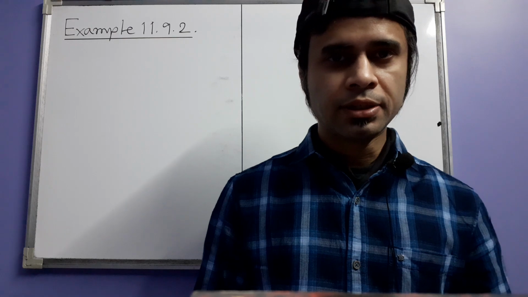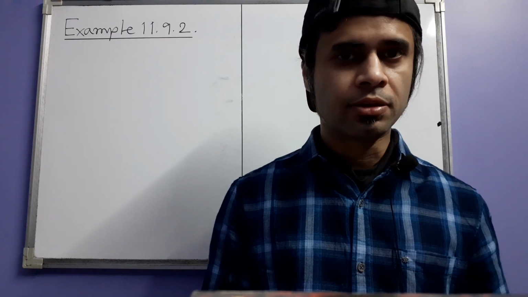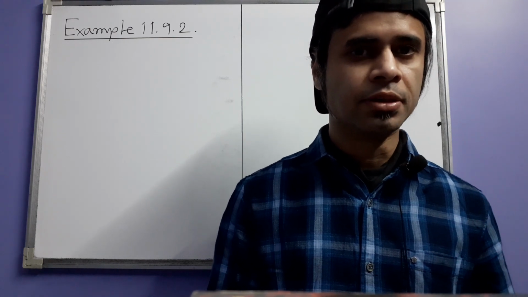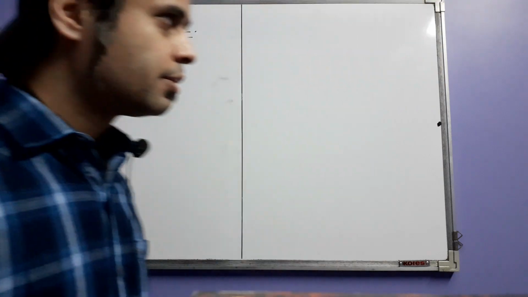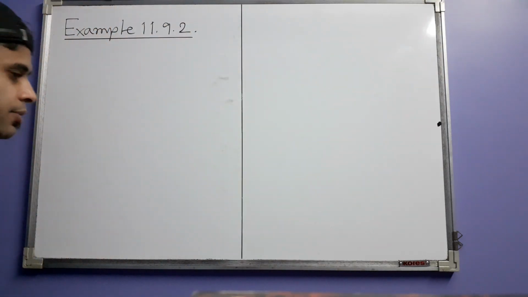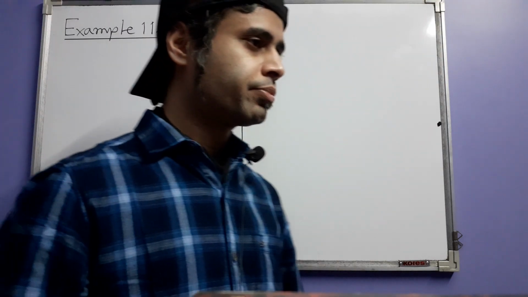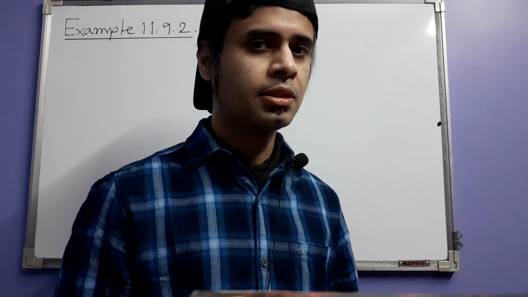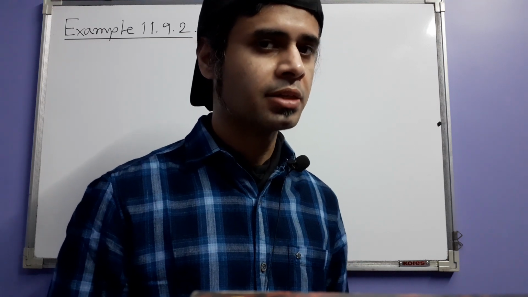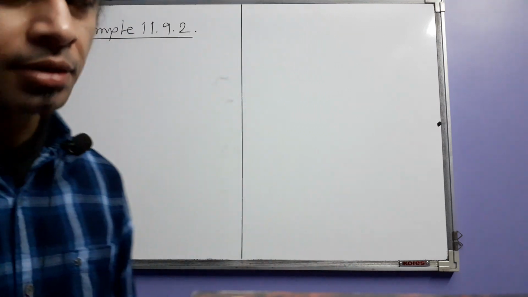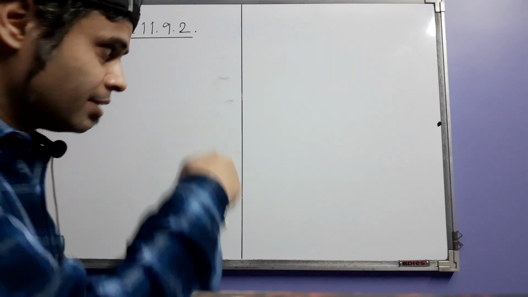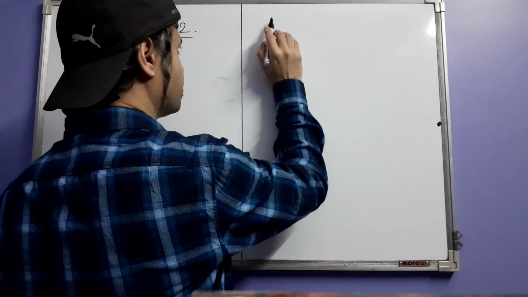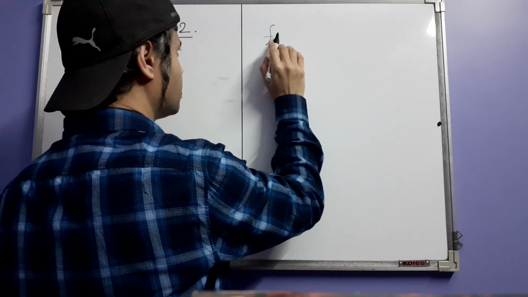Alright, so having seen the first fundamental theorem of calculus and having proved it, next we are going to see an example. But before we do so, let us once more see the statement of the previous theorem, that is the first theorem. What it said is this: you have a function